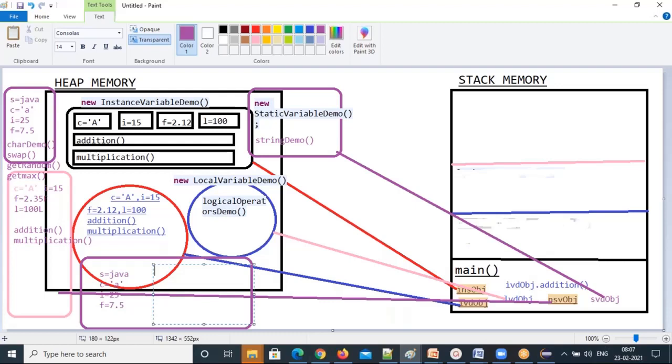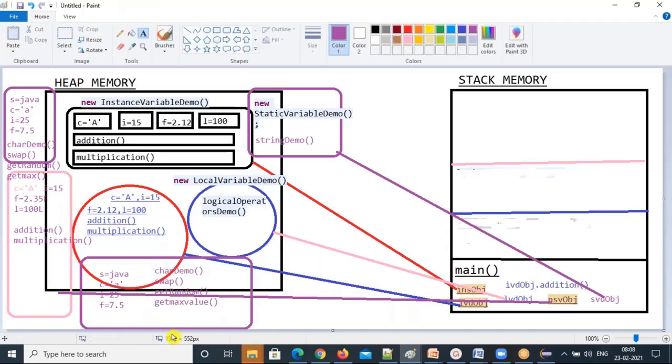Okay. That's the concept of non-static variables and non-static methods. The non-static variable's main purpose is that you can uniquely pass your variable data, whichever data you want. You don't need a duplicate. So that's how you can plan. I will show you that in the OOPs concept. Still we are far away from that. Then we can see all those things, char demo. The same method will be copied to this address also, swap method, and then get random value methods. Then the same get max value method. All the same methods will be copied to this memory, this address also.